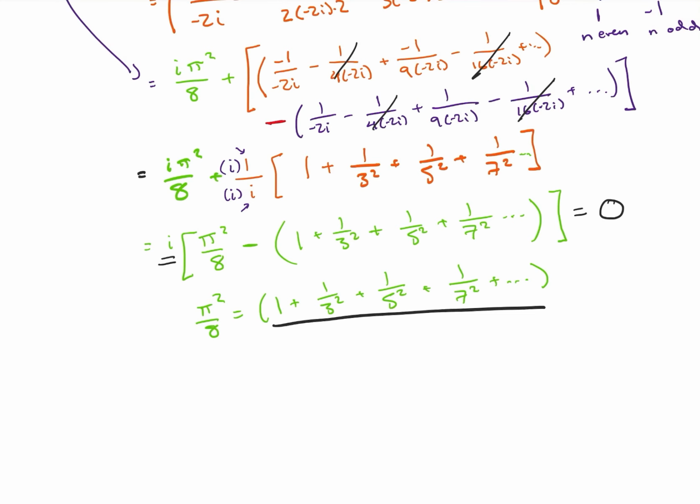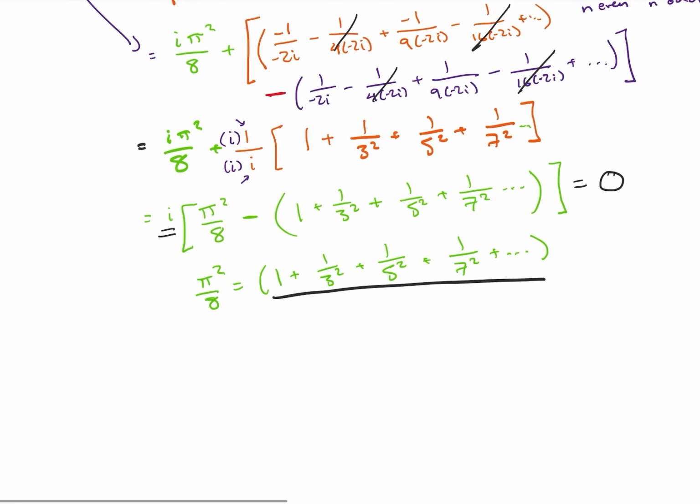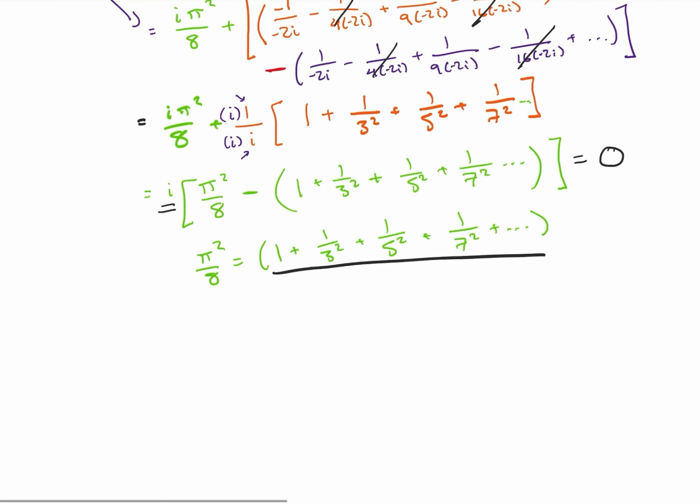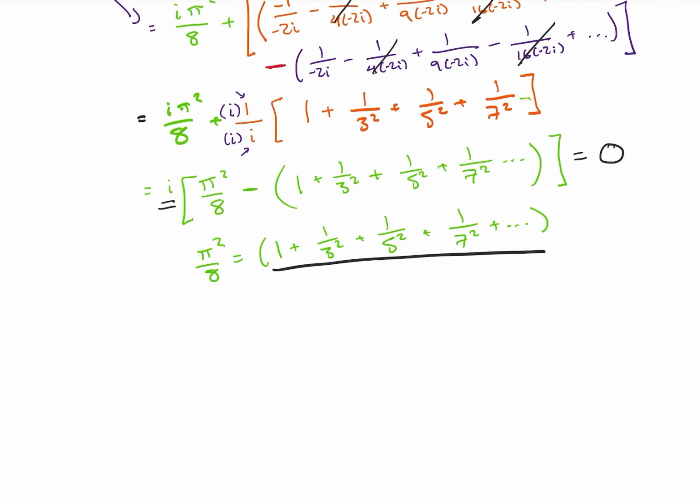Okay, so now let's look at what I am missing here. I'm missing all of the even terms, which is unfortunate, but there's a way we can fix that. So let's look at this. I'm missing 1 over 2 squared plus 1 over 4 squared plus 1 over 6 squared plus 1 over 8 squared, and so on. And if I was to factor out a 1 over 4,